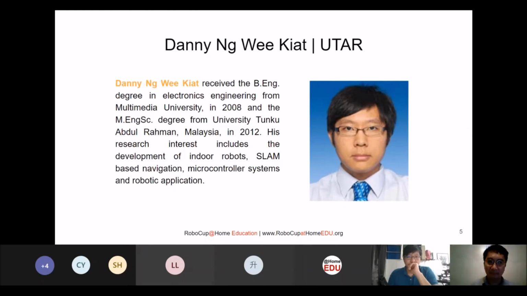His research interests include the development of indoor robots, SLAM-based navigation, microcontroller systems, and robotics applications. This is just a very brief introduction about the speaker. So I'll pass the mic to our speaker today. Danny, you can introduce yourself more to the audience, and you are invited to start your talk today.